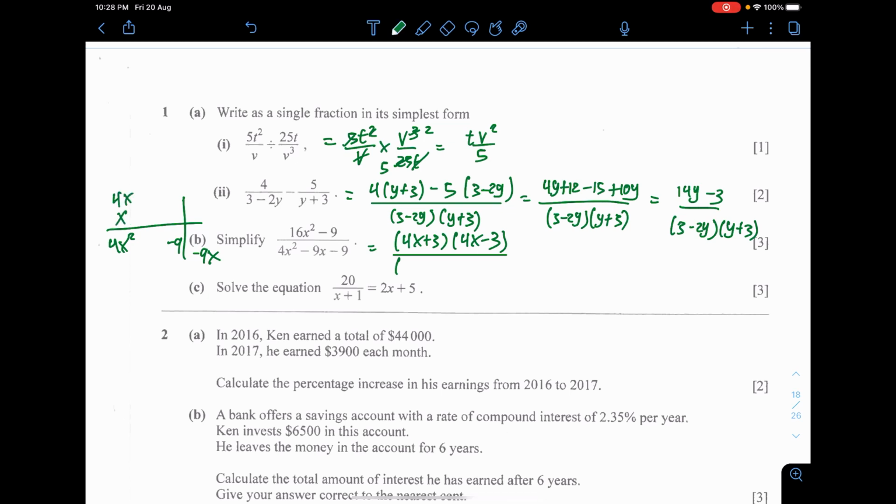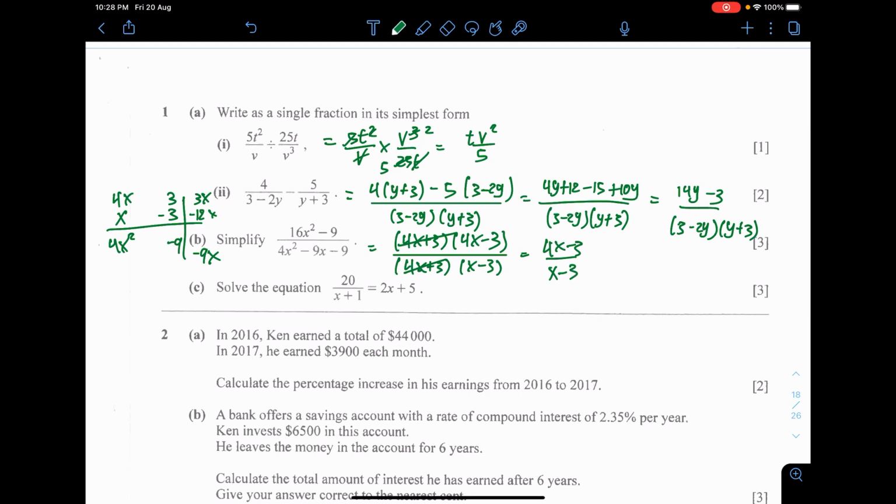4x and x. 9 times 1. No, not 9 times 1. 3 times 3. Yeah, this will be perfect. Put a negative here. And then this is a 3x. Together you got negative 9x. So then I got 4x plus by 3 and then x minus by 3. Cancel. You'll get 4x minus 3 over x minus 3.